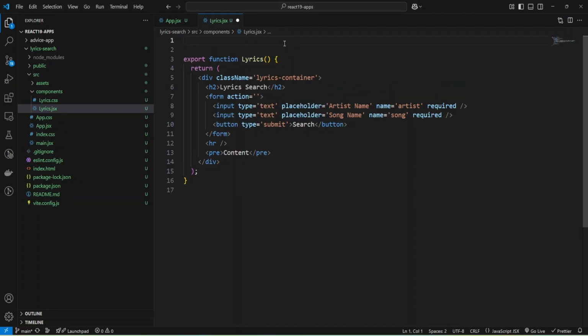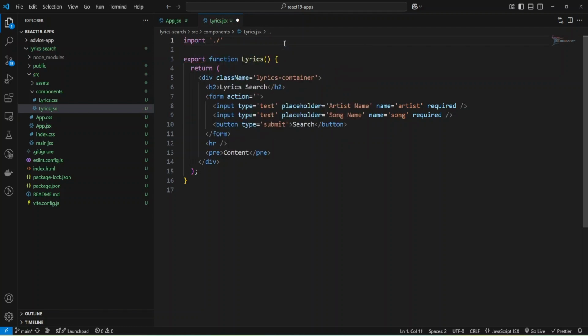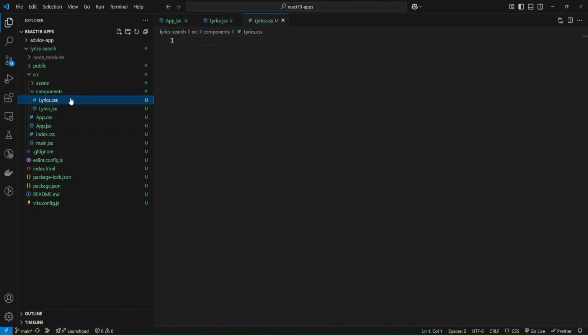I'm going to import my CSS file, lyrics.css. Okay, and let's provide styles for the lyrics container. And it's a class.